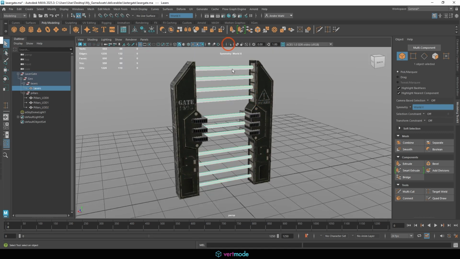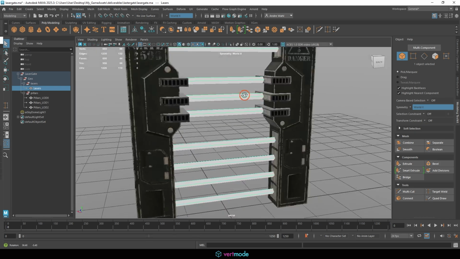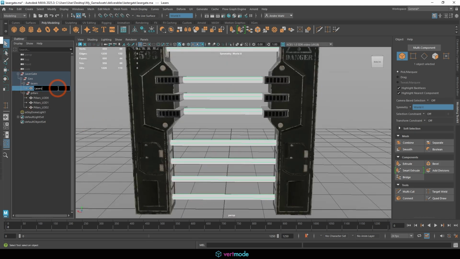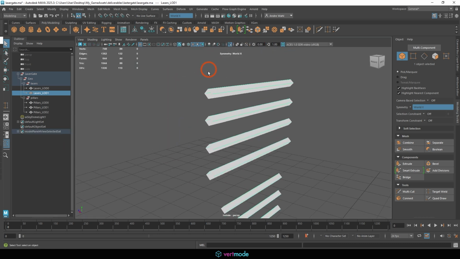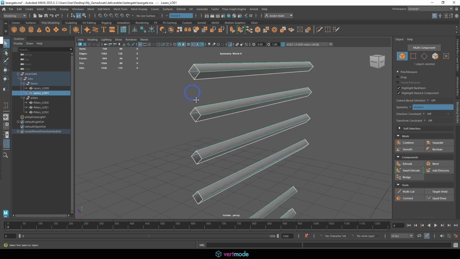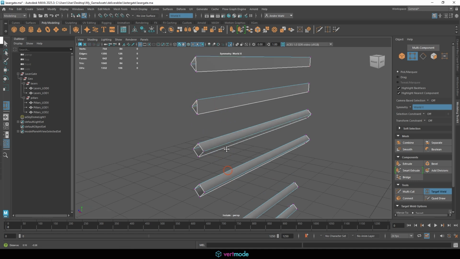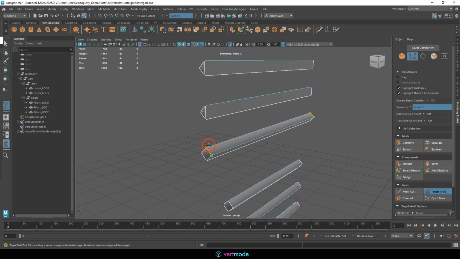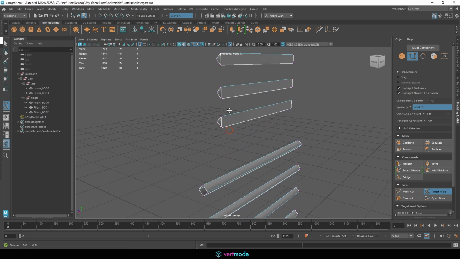The lasers are the last thing that we might consider editing. In this instance, I don't think there's really too much we can do for these, but we could actually do some LODs if we wanted to reduce these down a little. So I'll make this one LOD 0, and then I'll duplicate this to create LOD 1. In this instance, I would take a corner here, and I'll turn off our texture so we can see this a little bit easier by hitting this button here. I could weld this up using a target weld to go to the top point, and we could just remove one of the edges in this area to turn it into a triangle, so that we reduce this quite